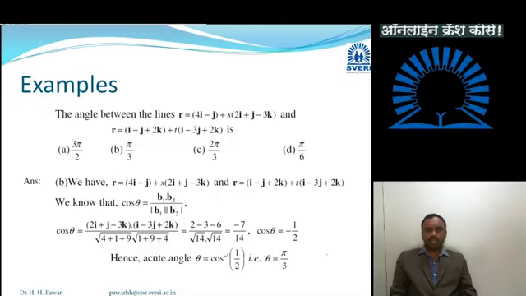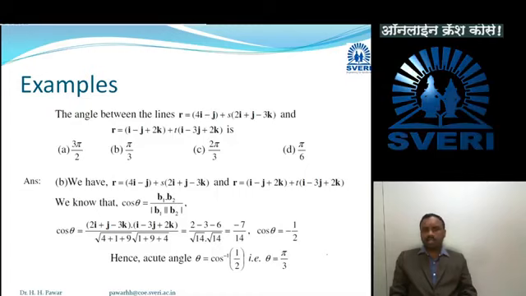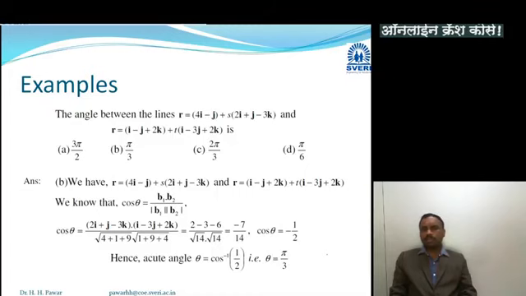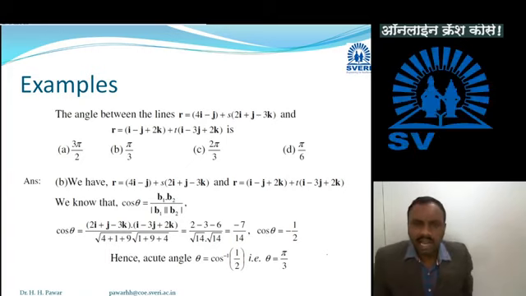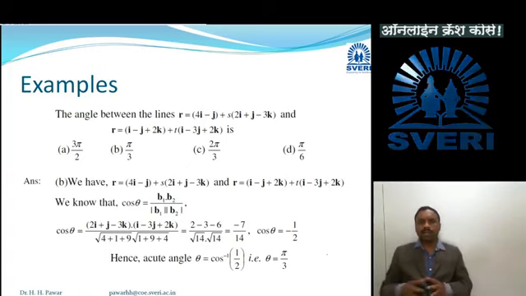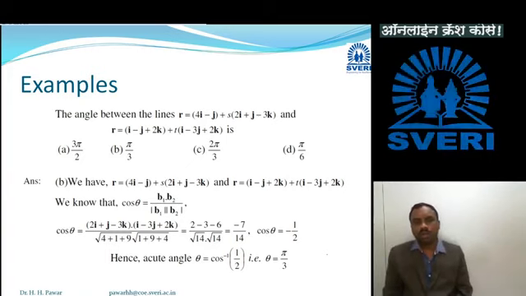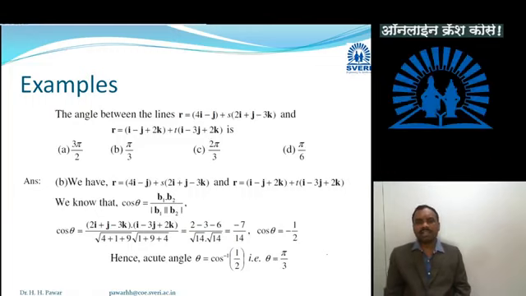First option is 3 pi by 2, second option is pi by 3, third option is 2 pi by 3, and fourth option is pi by 6. As we know that angle between two lines is nothing but angle between their normals,